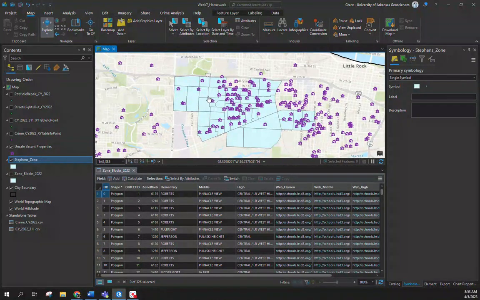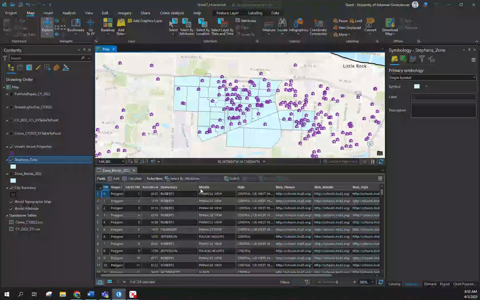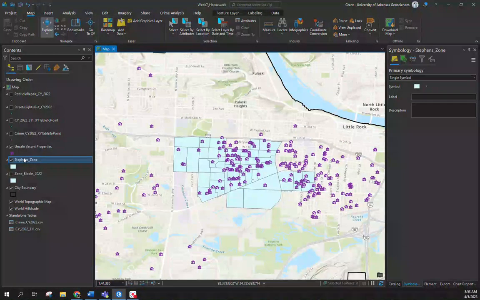If you're familiar with GIS, it's a simple dissolve, so it makes one polygon versus this one has 43 in it. But with that, we're now interested in how many unsafe or vacant properties are within this specific school zone. This is an elementary school, and if you're familiar, this is I-630, a big dividing point within the city of Little Rock. So with that, we're doing another select by